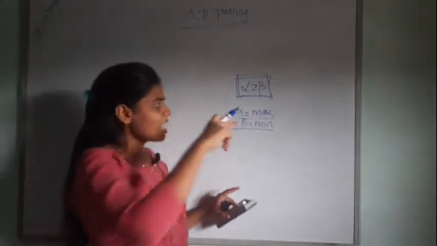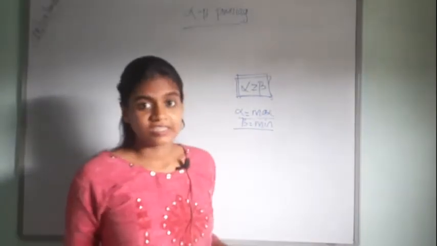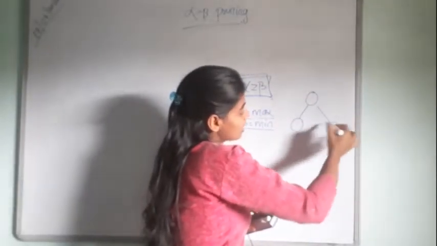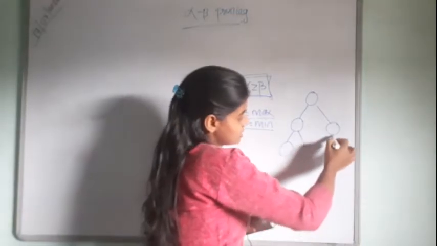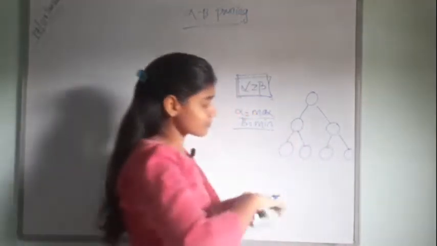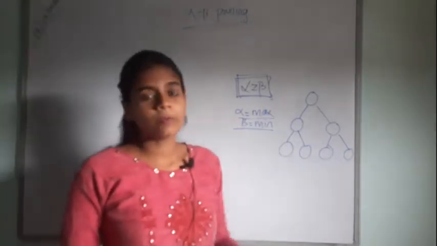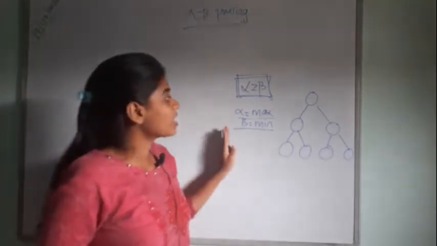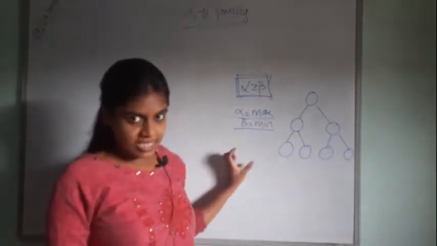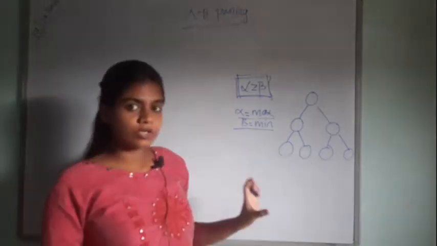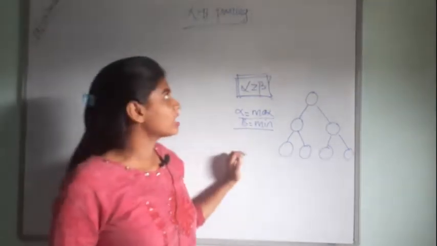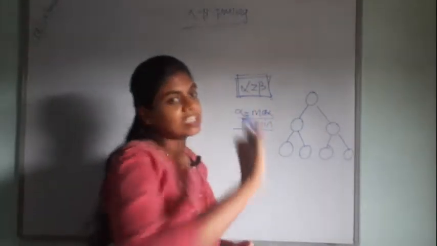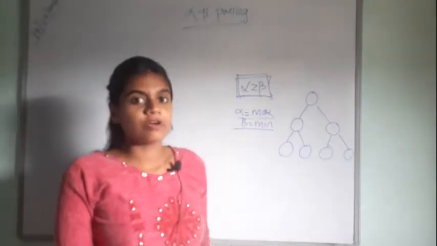Now you must wonder why alpha is considered maximum and beta minimum; I will show you that these are the nodes connected to each other with the help of edges. In alpha beta pruning, the question paper doesn't ask for the theory, like what is alpha beta pruning, or a short note. They only give one example of alpha beta pruning and tell you to solve that problem. So you must understand the problem first, then you will understand how alpha beta pruning works.